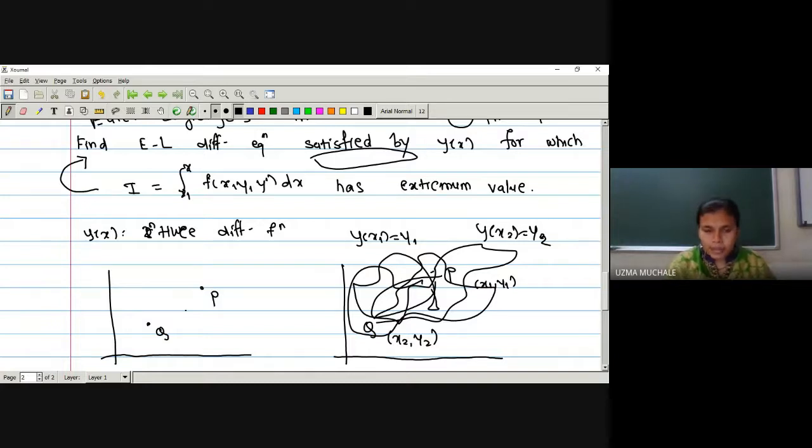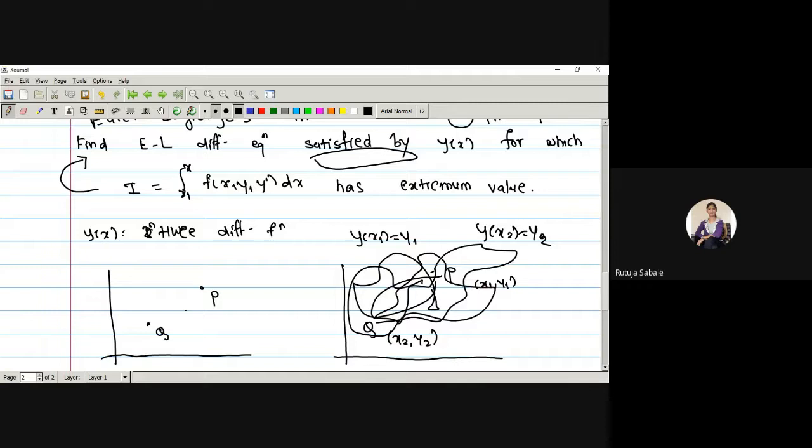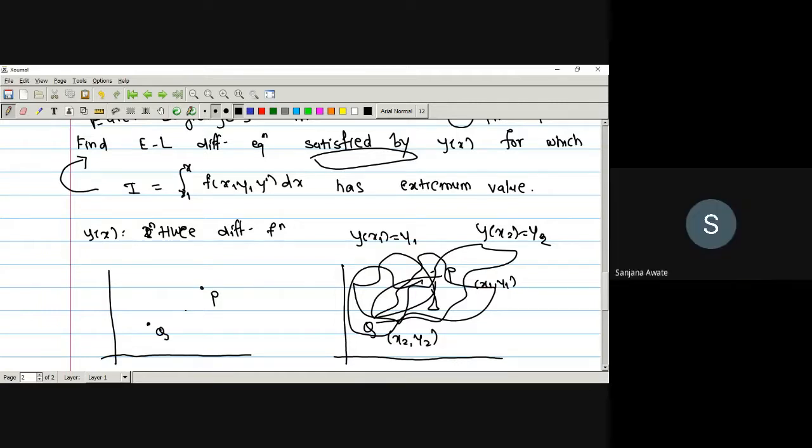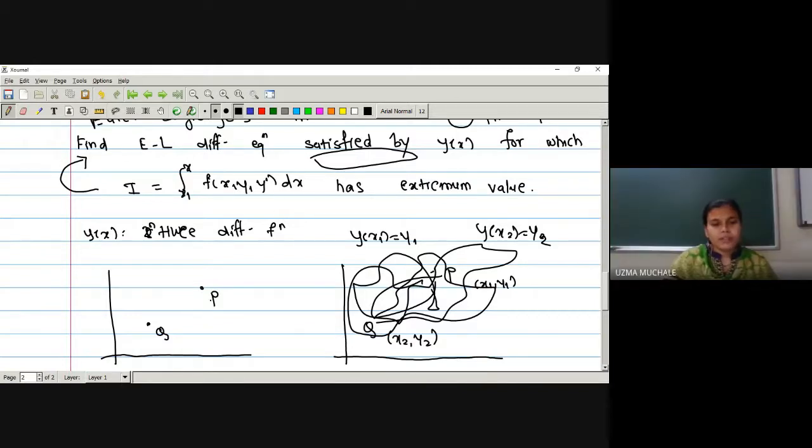There are infinitely many paths, na? But out of all those infinitely many paths, which path will anyone select? Straight line. Why straight line only? The smallest, least distance. Everyone will cover the distance, and whatever the distance we are going to cover, he or she will select the minimum distance. Or you can say the time required should be minimum.